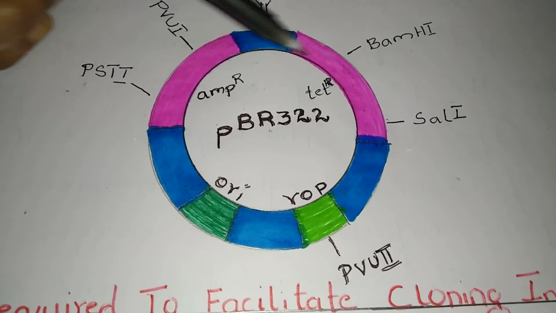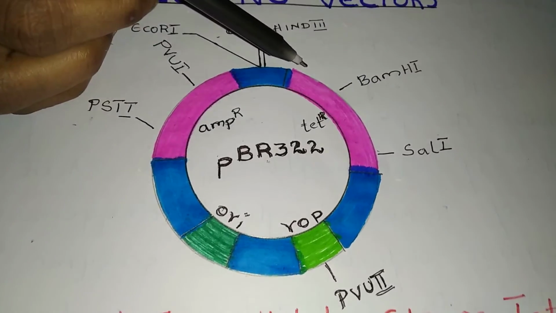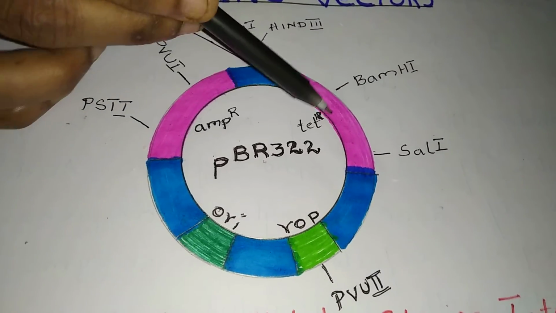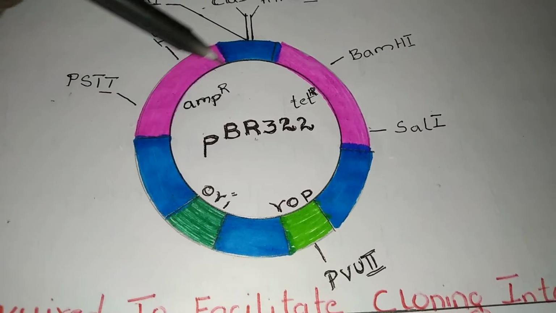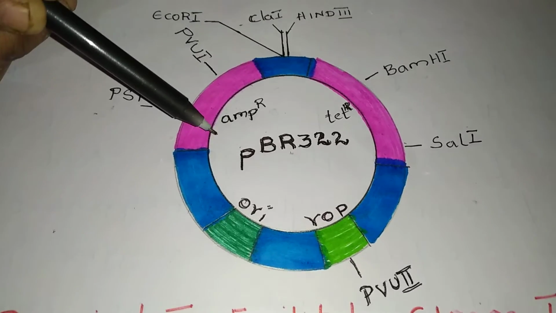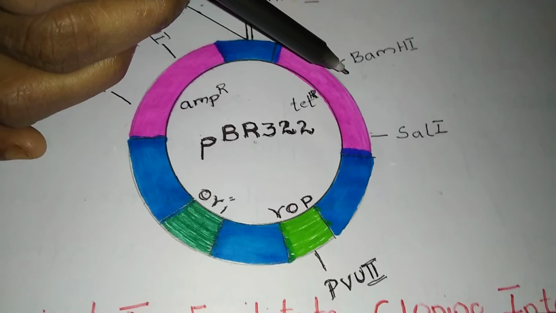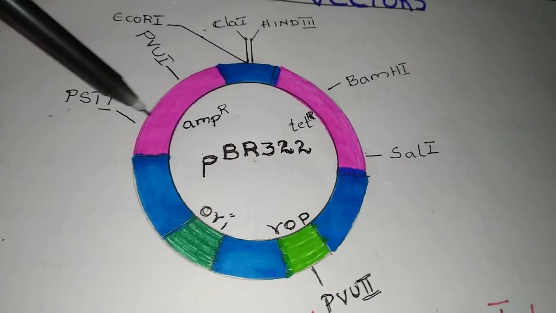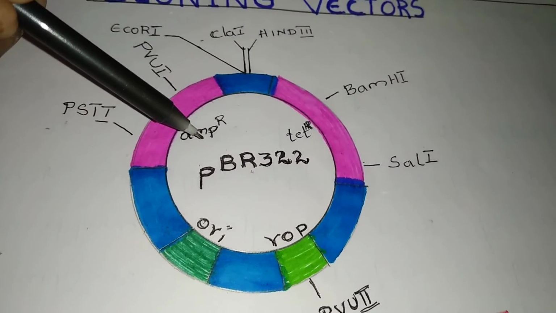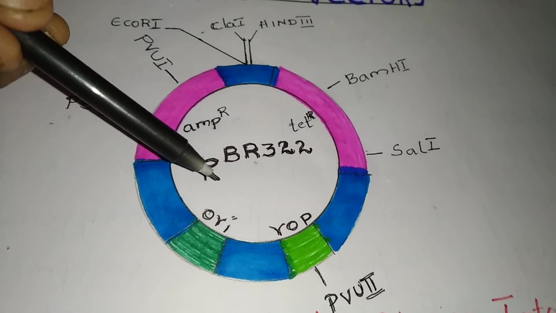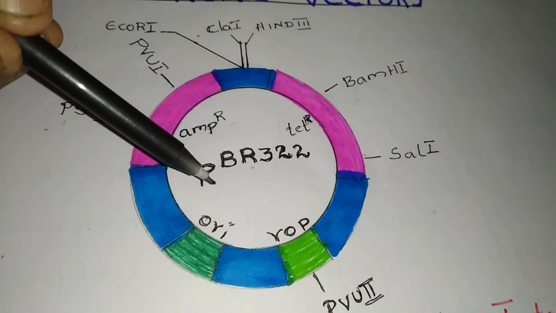So though it has cloning sites, two antibiotic resistant genes, only one recognition site can be used. Either the foreign DNA can be ligated in the ampicillin resistant gene, or it can be ligated in the tetracycline resistant gene, but it cannot be ligated in both in two recognition sites, as a result of which a number of DNA fragments will be produced, which makes the gene cloning process more complicated.